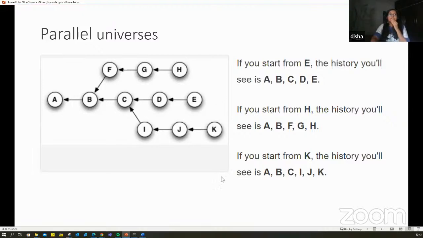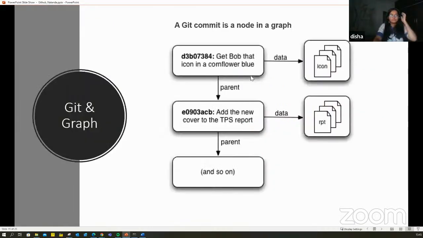Now this again I'm going to introduce a keyword. This is very similar to what a version control system's graph would look like. And these parallel lines that I have drawn, which I'm calling parallel universes, is called branching out. Branch is a keyword. So right now just keep focusing on the keywords and we will come to that shortly.